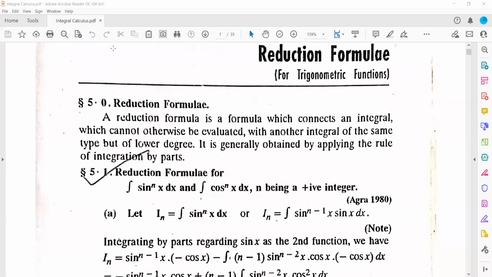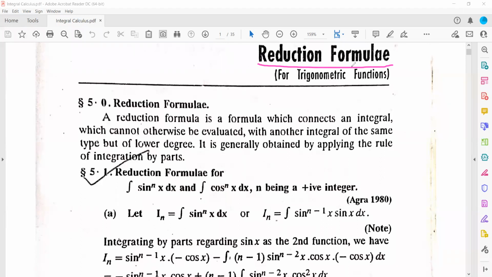Okay, so today we'll start our syllabus. The first topic is the reduction formula. In the last class I already told you to go through the part of integration and trigonometry that you learned in class 12, because this is nothing but an extension of that part. I think all of you have gone through that.